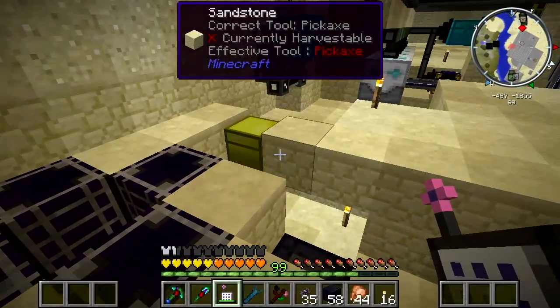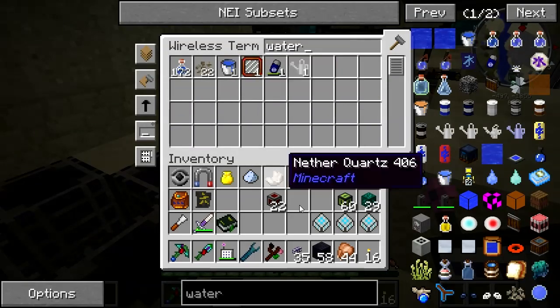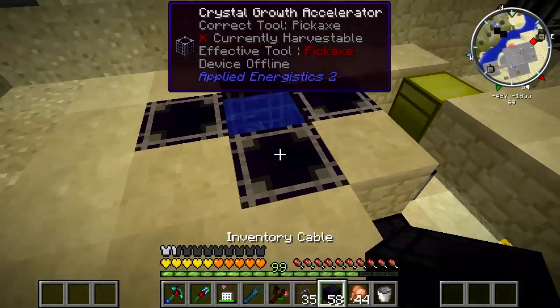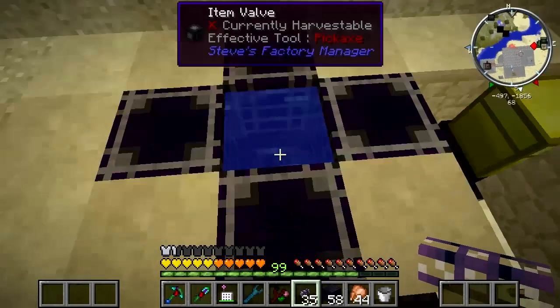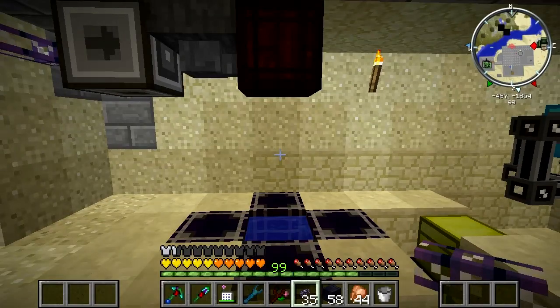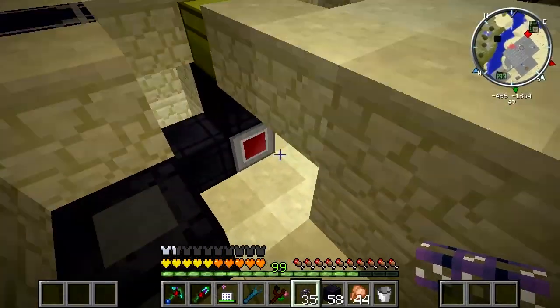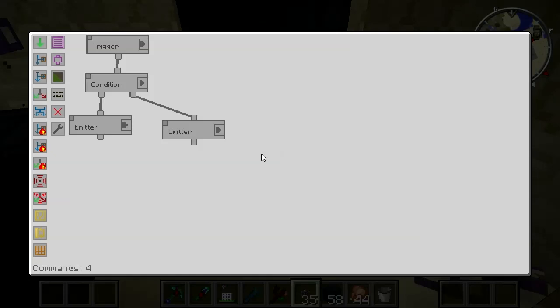Now, if I were to actually get a bucket of water and drop in here like it needs, I shouldn't have been standing so close. All right, but there's my Fluix crystals. And let's see. You know what I needed? I needed another